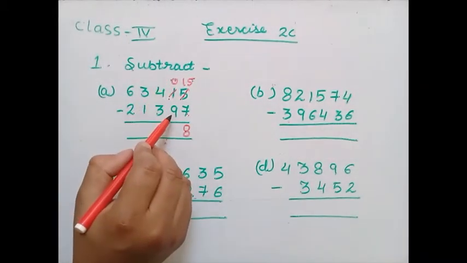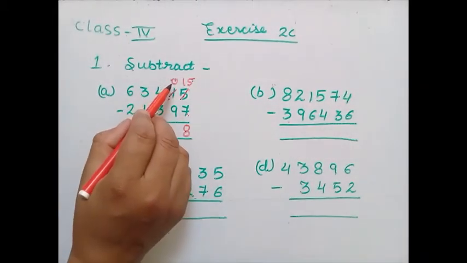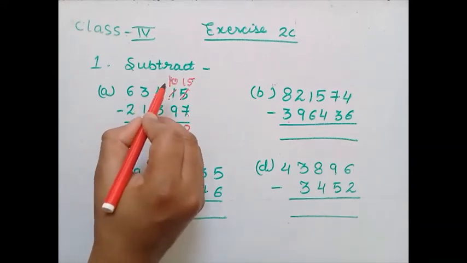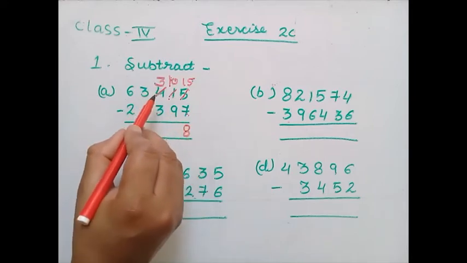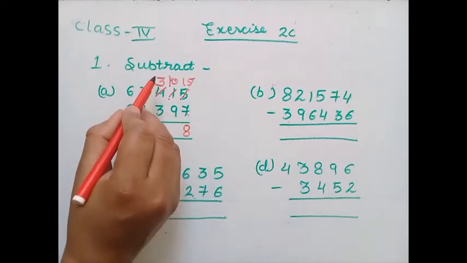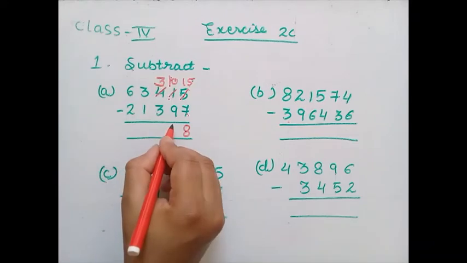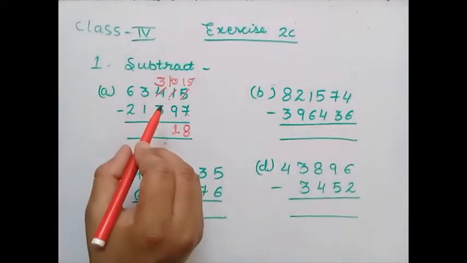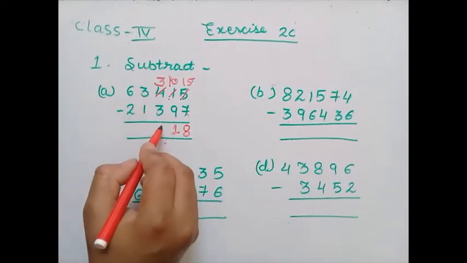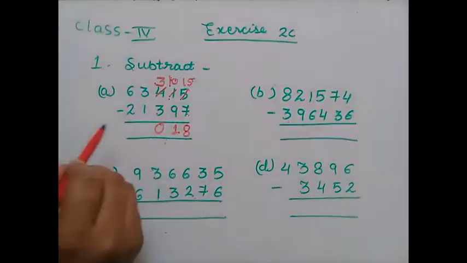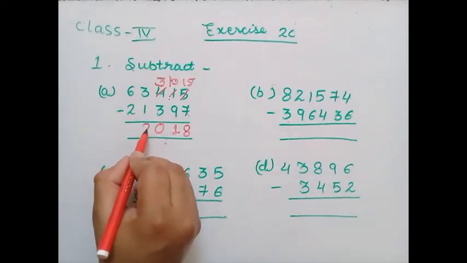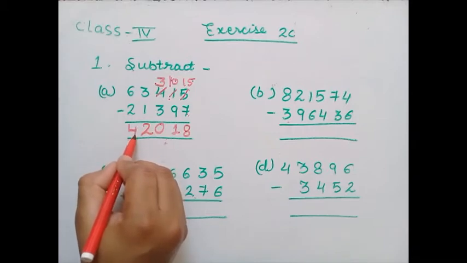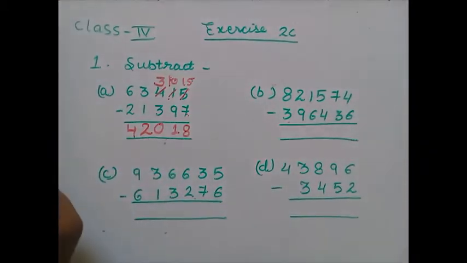And 0, 9. So 9 cannot be subtracted from 0. So let's take a carry. So it will be 10 and it will be reduced by 1. So it will be 3. Okay, we have to write it there one number before. So 10 minus 9 is 1. Here, and 3 minus 3 is 0. 3 minus 1 is 2 and 6 minus 2 is 4. So it is the answer.